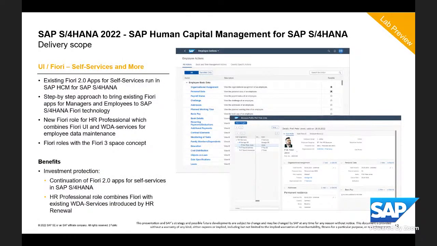So overall, we are focusing on the user experience. So we are making sure that the existing Fiori apps we have available for leave management, for timesheets, for payslips, for personal info, for claiming benefits, and so on, that those Fiori apps are also running in the S/4HANA environment, also upgrading or updating the Fiori apps to the new versions of the Fiori technology with the Fiori 3 space concept,